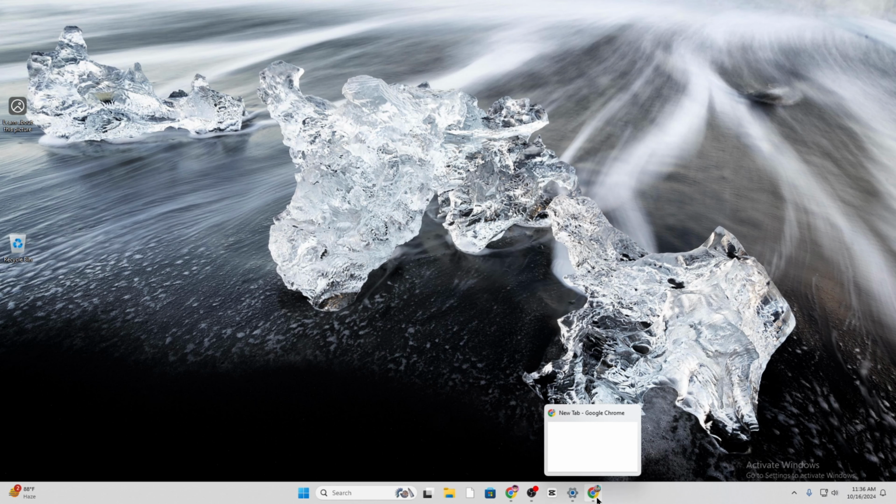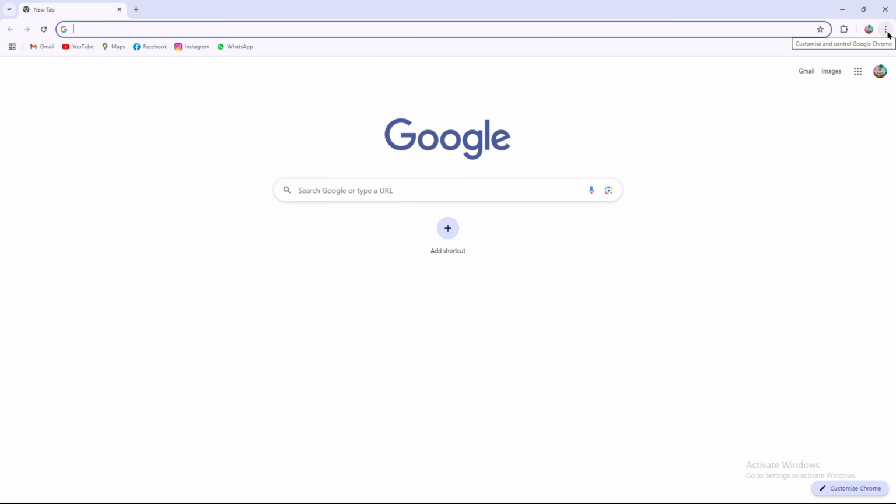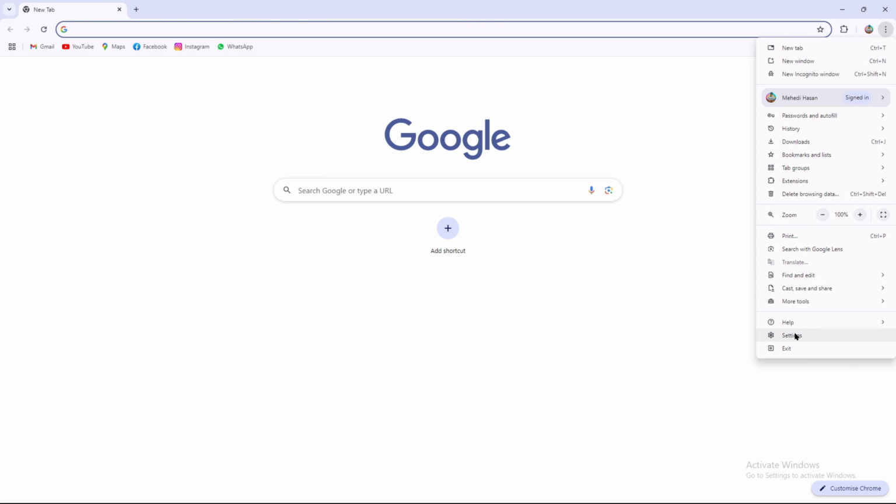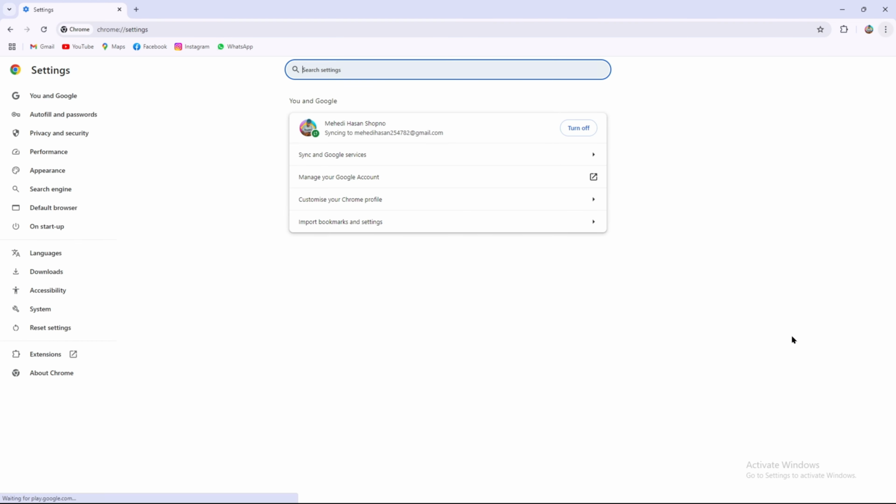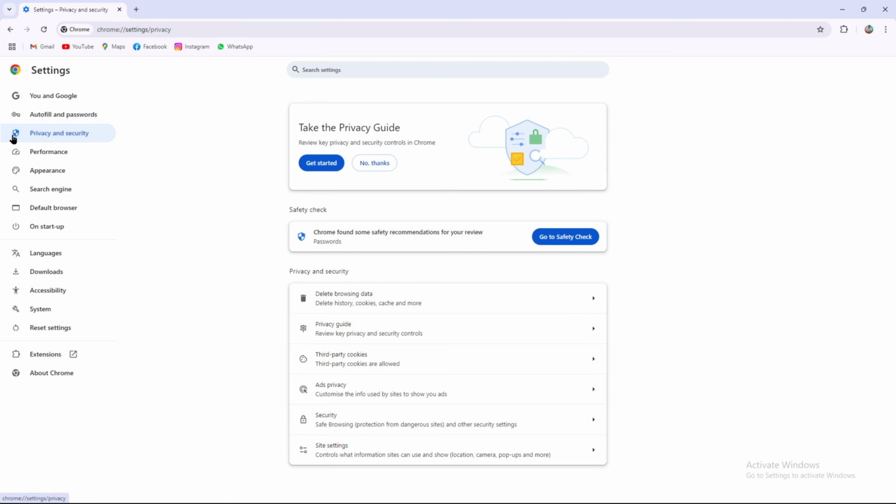First, you just need to go into your Google Chrome. Then go to the right side of your Google Chrome and you will see three dots. Click on that. Then go to the settings option. Click on that. After that, go to privacy and security, click on that, and then